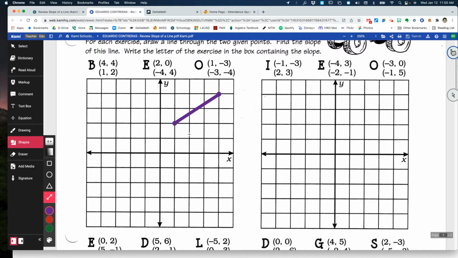Always go to the point that's furthest to the left, which is this point here. And I'm going to figure out how many I go up and then across. This one's not too bad. So here's what you want to do. Go here, use the shift key, press shift, and then draw a line that goes straight up, and it's going